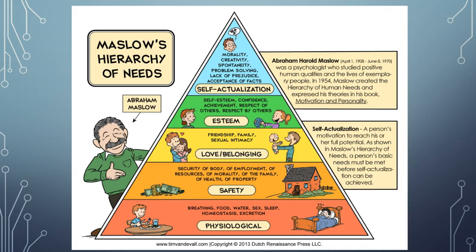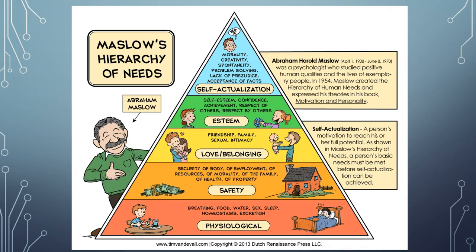Maslow proposes that humans are motivated by a number of basic needs. These 5 types of needs are consistently presented in many different ways, and the first 3 types are often referred to as lower order needs, meaning they have to be met in order to get to the final 2 stages of the higher order of needs. So these needs are, as you can see in the graphic, a physiological need, safety need, affiliation need, esteem needs, and need for self-actualization.